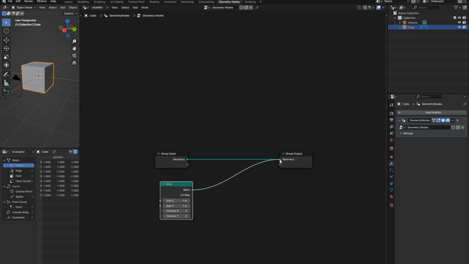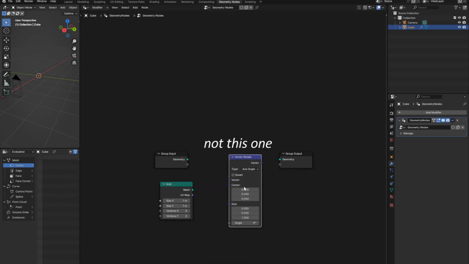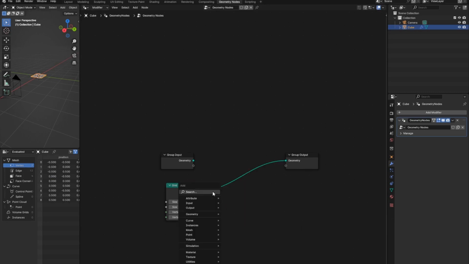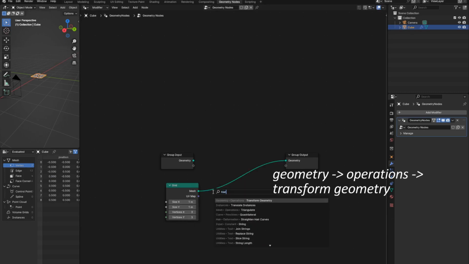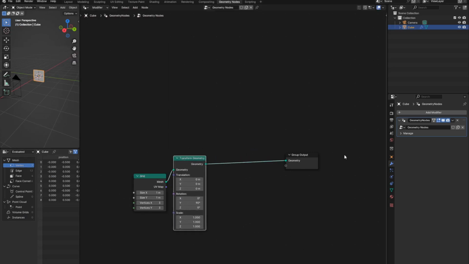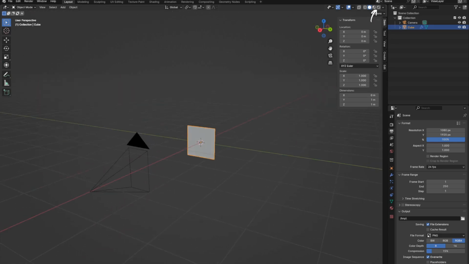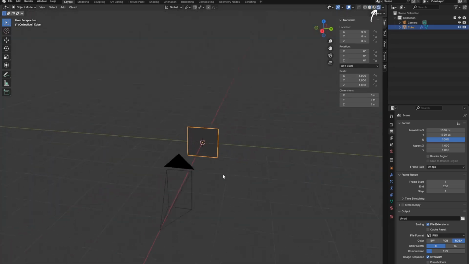And already here, I had to do my first Google search to figure out which geometry node could rotate an object. Turns out it's the transform geometry node. We're learning. So I made my grid upright facing my camera, and I cleaned up my node setup a bit. With that set up, I went into render view mode since I'll be using the glow grease pencil effect.